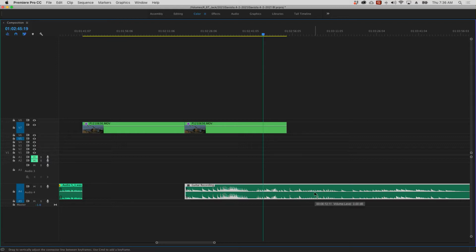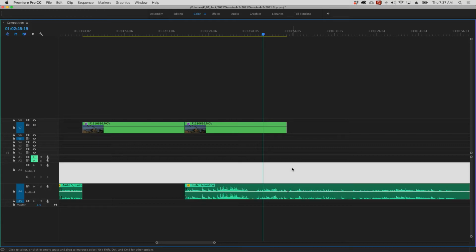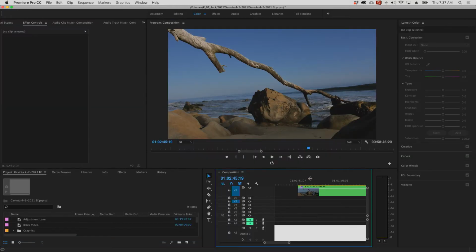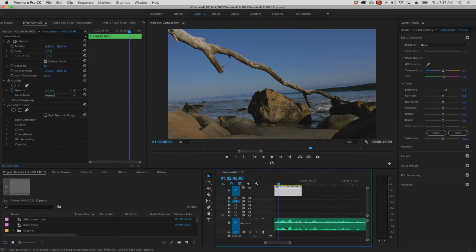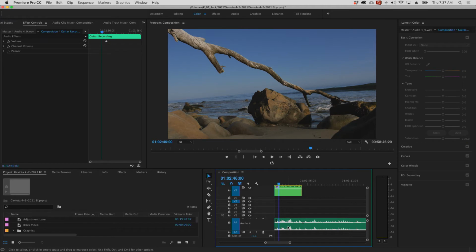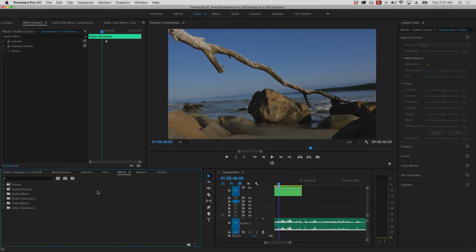Obviously, we can take our pen tool and we can adjust the keyframes and make some parts louder and all that stuff. But there's also effects we might apply to the clip itself to make everything in the clip sound great. And so I'm going to apply an effect. Yeah, I like applying effects. So I'm going to apply an effect to this guitar audio here. And I'm just going to click on it, and I'm going to, I don't know, what do you want to do? Let's go to Effects, and let's look for